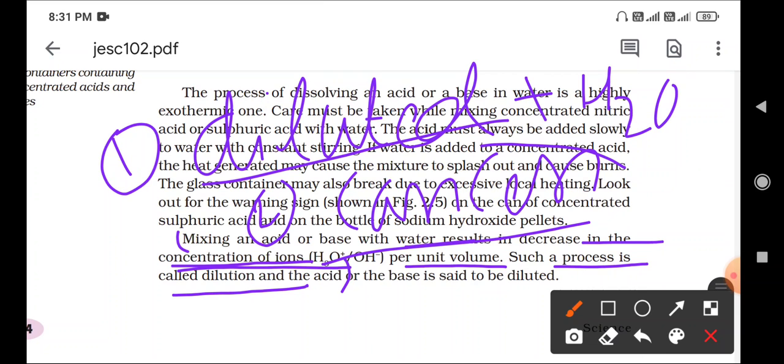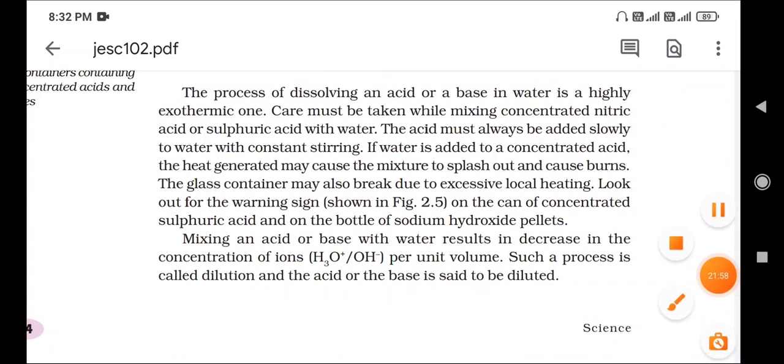Concentrated is very dangerous to handle because it contains more hydronium ions in the case of acid, and more hydroxide ions in the case of base. But we can easily handle a diluted solution, because the concentration of that solution is decreased since we added water to it. So it is much less reactive or violent, but a concentrated one is very dangerous. So this is a very simple 1 mark question. What does dilution mean? We can write.